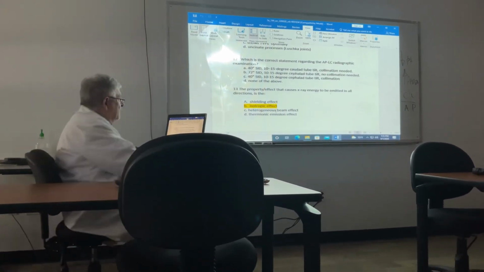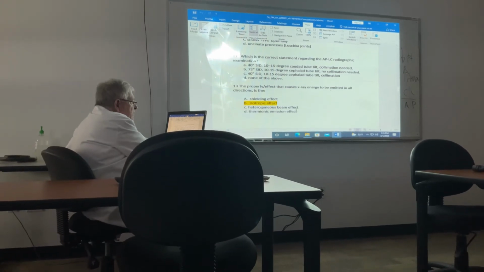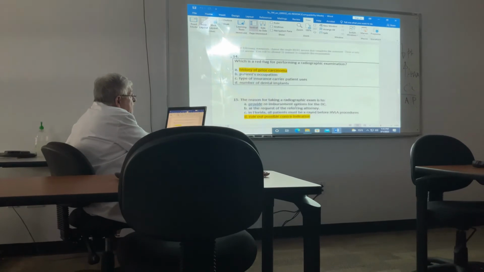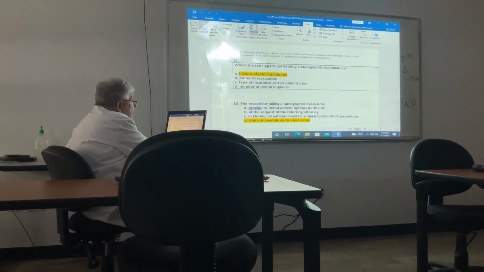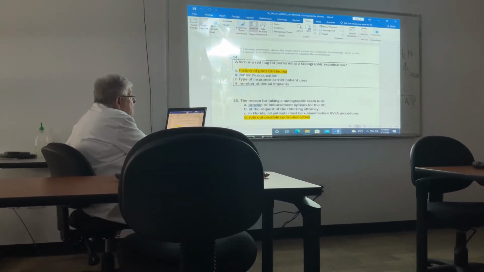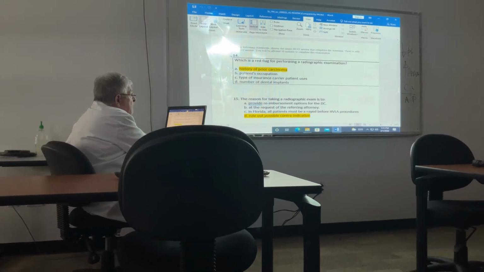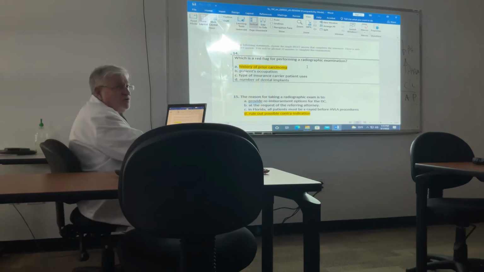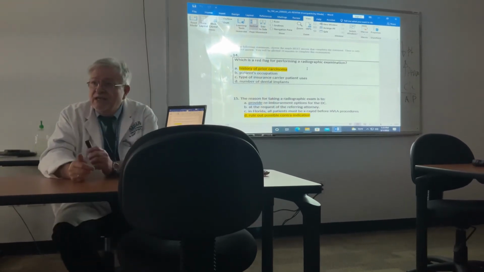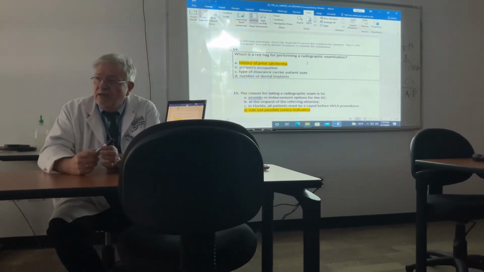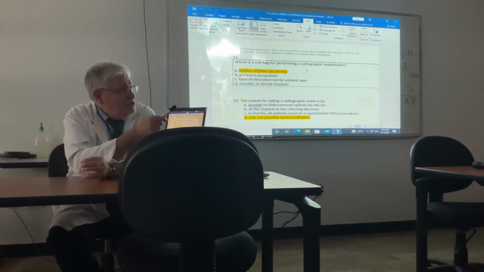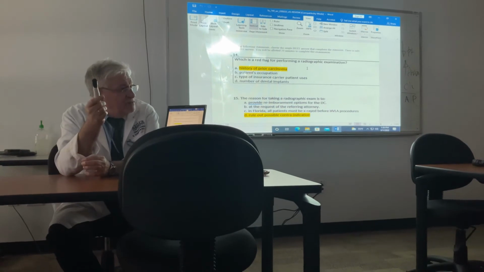Thermionic emission is on the cathode side, all right? It heats them. What does a person's occupation, type of insurance, and everything else have to do with performing a radiographic examination? Nothing. This is your long list. What the insurance companies want to see is, how did you justify the x-ray examination? That's your decision after you do a good history and a physical exam.